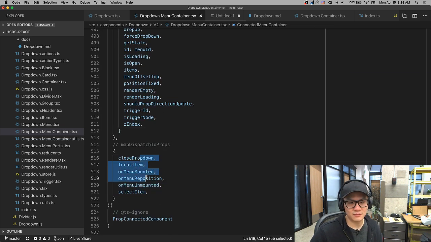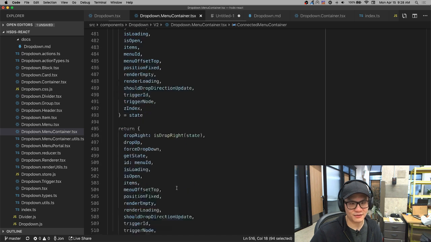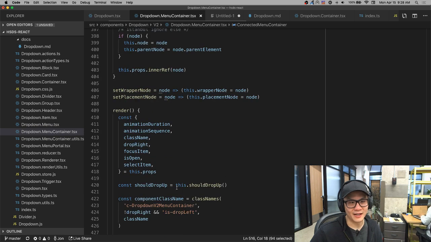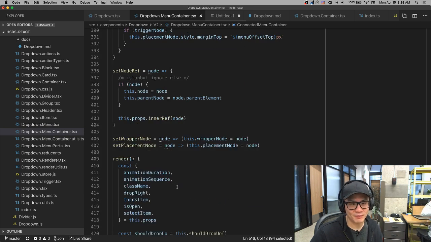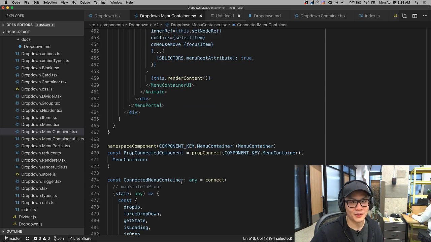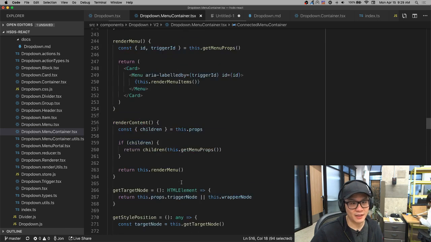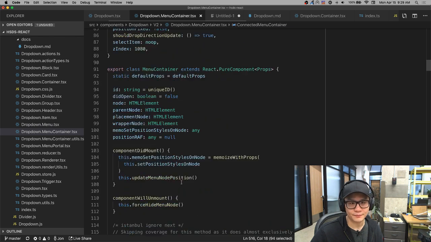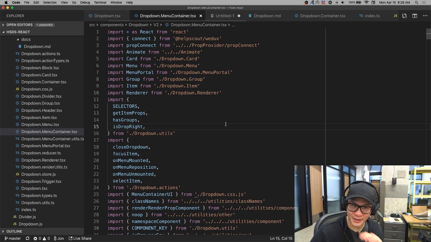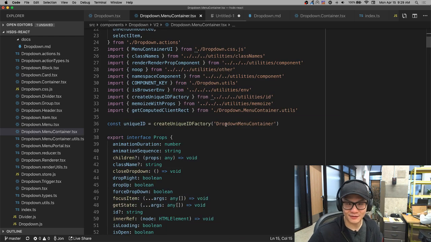It dispatches a lot of actions, I suppose. Oh boy. And it does a lot of stuff. Man, 400 plus lines of a little subcomponent. That's a lot. That is a lot that it needs to do. So I might have to cut this short today, and I'm going to stop at the menu container because